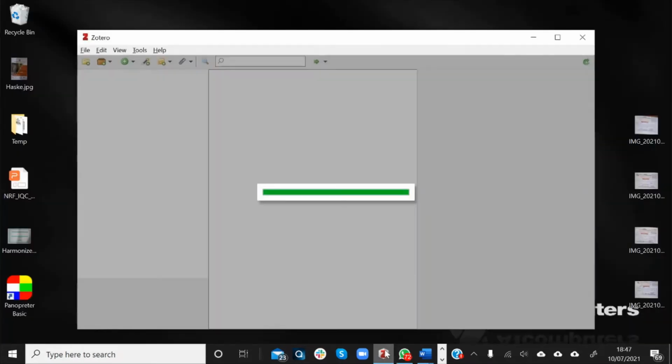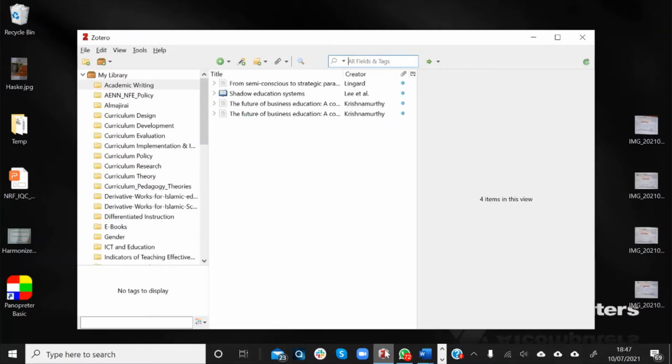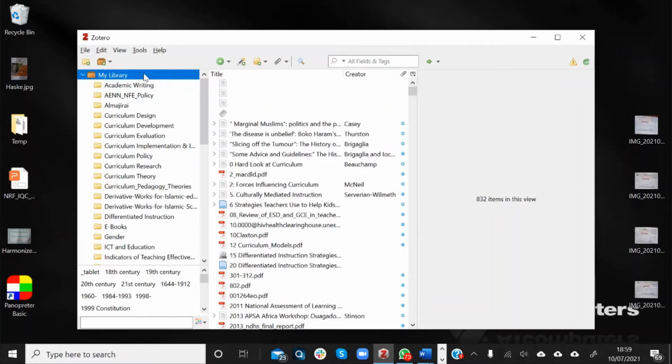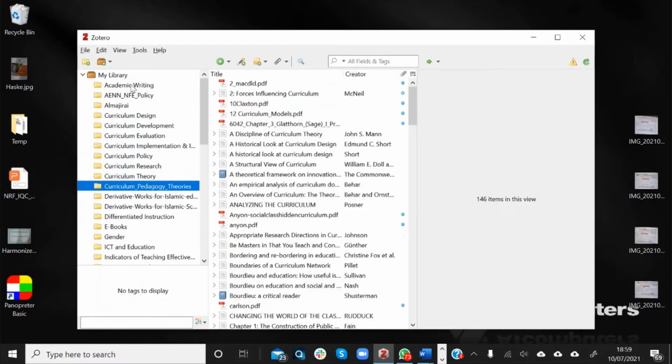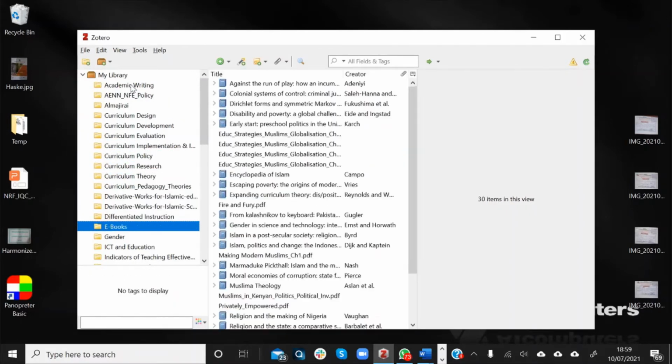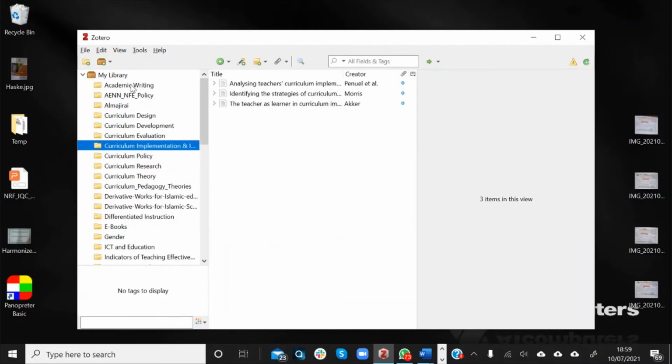Step 4. Open the Zotero app on your computer and start building your library of sources. Note that only sources included in or synced to your library can be cited in the Word document you may be working on. Step 5. By default, Zotero has a folder labeled My Library as the base for your collections. You may import documents into the library or choose to create folders within the library to match your different projects and needs. Either way, there are several options for adding collections into the library.